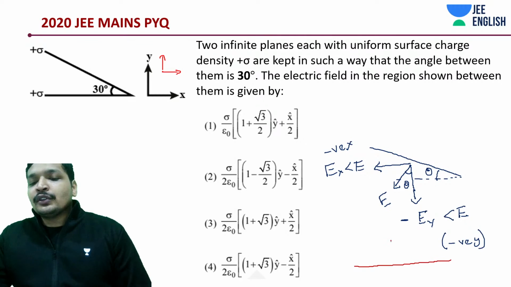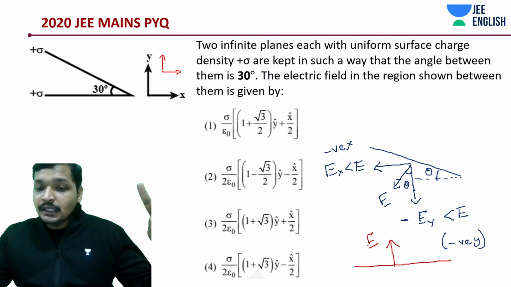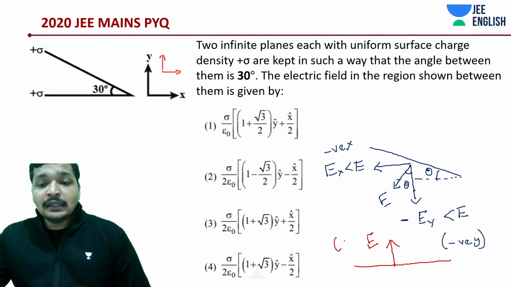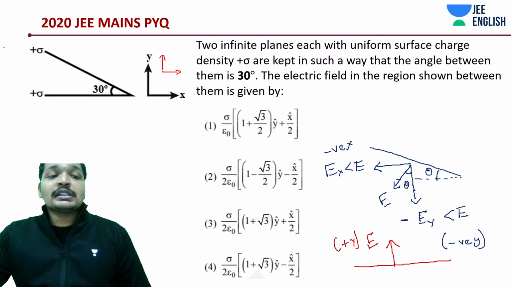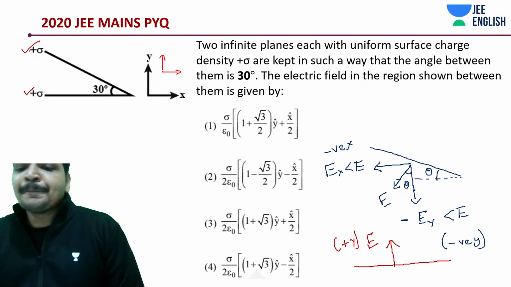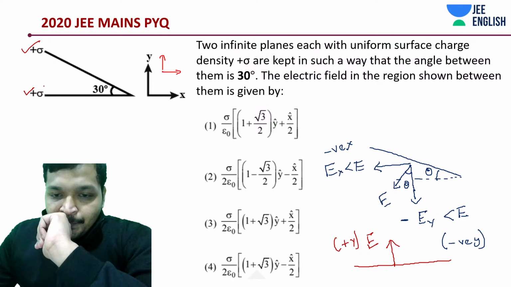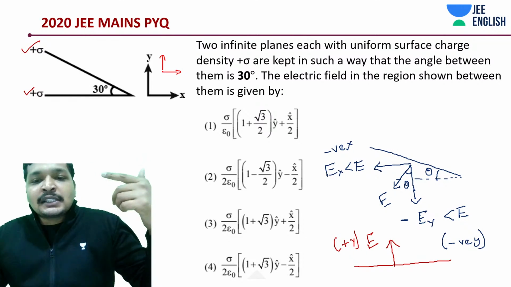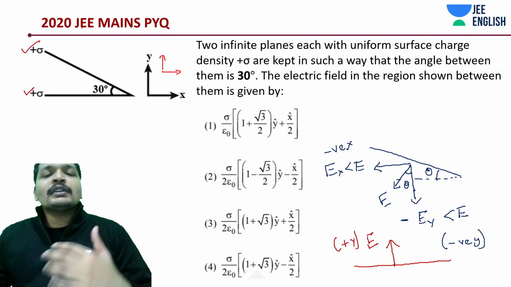Right? So due to this plate, there is going to be some electric field in this direction, which is going to be all of E. All of E in the upward direction. Which direction? Positive Y. So your net field, this is also going to be E because the charge density on the plates is plus sigma and plus sigma, isn't it? So now comes the question. Your y direction should be positive, but it should be subtracted from something, and your x direction field should be negative. Among the given options,